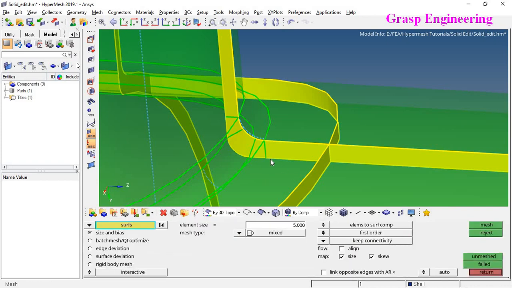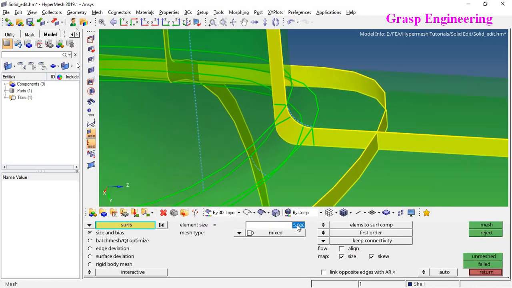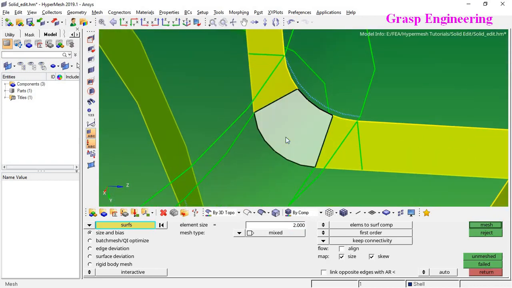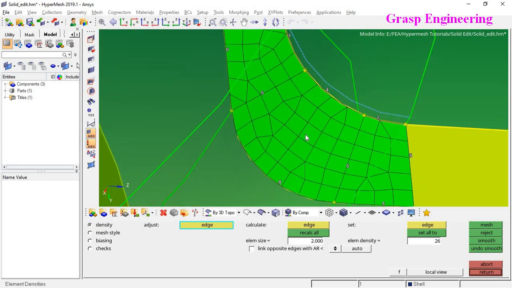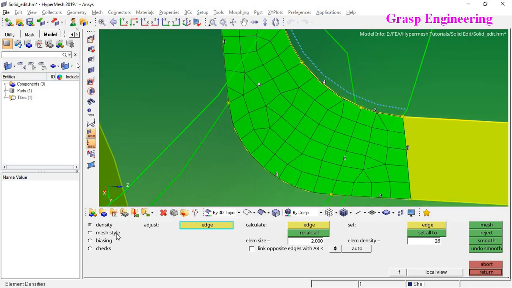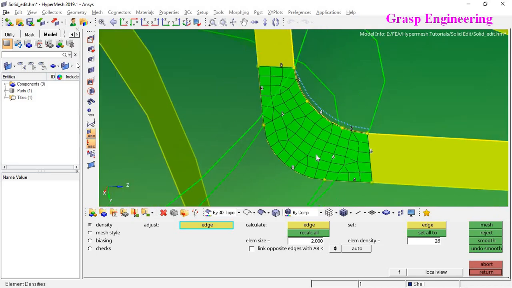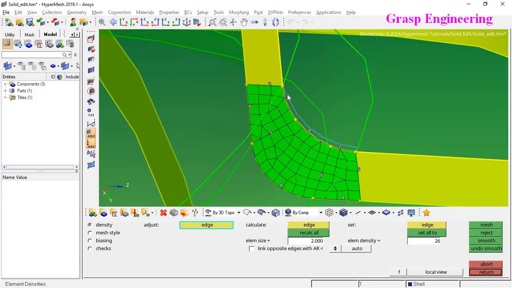So let's go to 2D auto mesh and define over here 2, and let's put it over here. You just need to select the surface. Now you can see that the mesh is created. Now we will adjust the density so that the numbers are equal on either side.